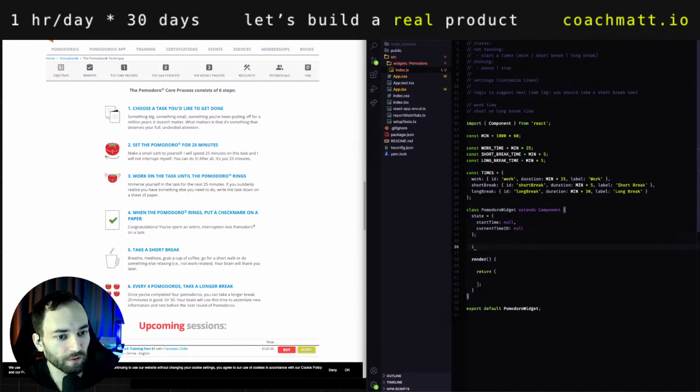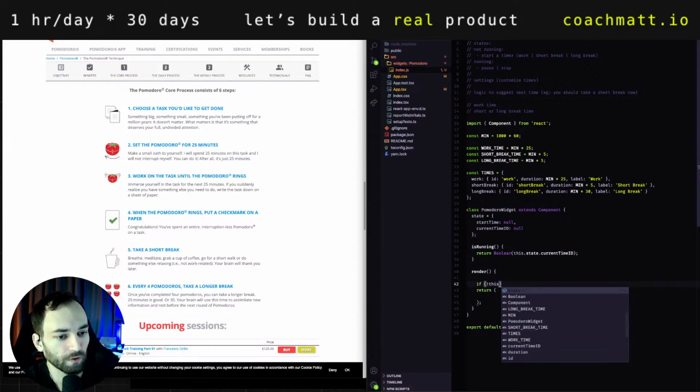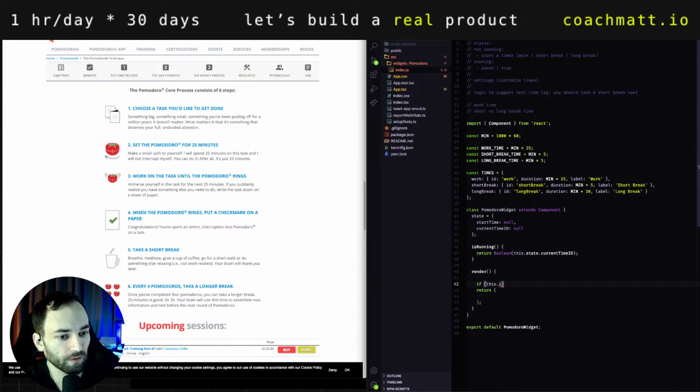Okay, maybe I'll have a helper function is running. Return boolean, well, not this dot state dot current time ID. So if our current time ID is truthy, if that's set, then we are running. Let's say if not, this dot is running, return running. Otherwise,